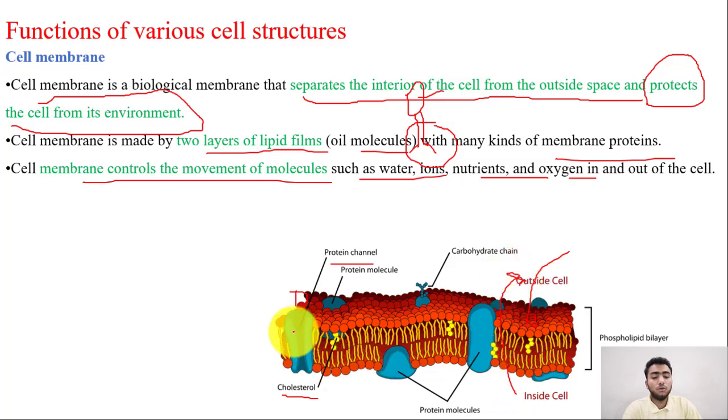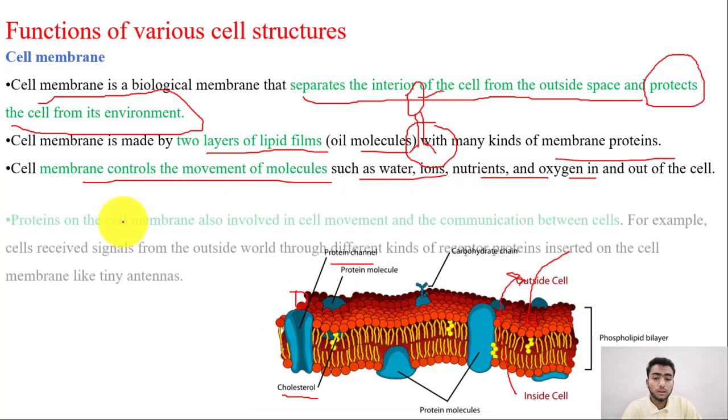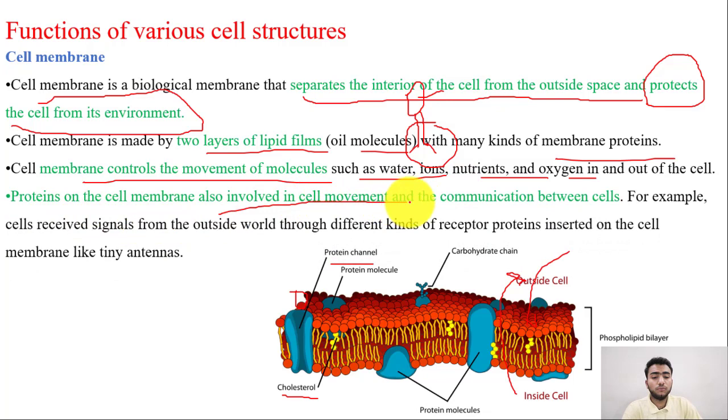It's carried on all by virtue of the presence of a cell membrane. And then proteins on the cell membrane are also involved in cell movement and the communication between cells. So it's really amazing to know how the various carbohydrate chains or protein molecules act as an antenna on a cell membrane. Other protein molecules which are swimming around a cell can then, if required, fit into the pockets of the protein, and allow a cascade of reactions to continue.